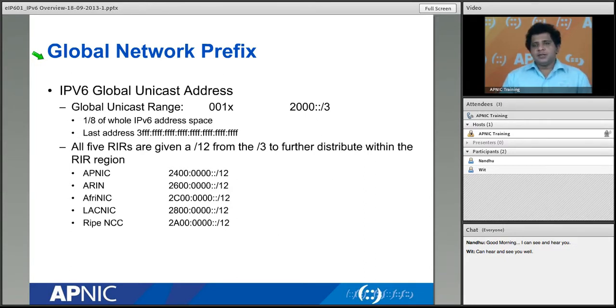So when you come to the internet registry, or even when you go to an ISP, and you request IPv6 address space, what you get is what we call the IPv6 global unicast prefix or address. Now we have a range for this global unicast prefix. In this range, the first 3 bits of the prefix are reserved as 001, right? So if you see 001 as the first 3 bits of your address prefix,